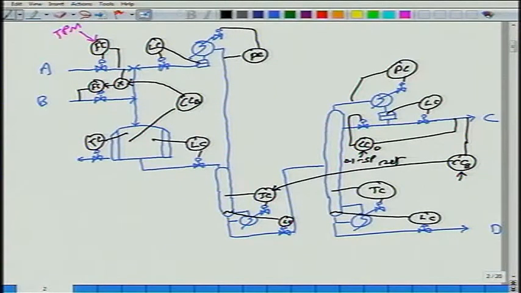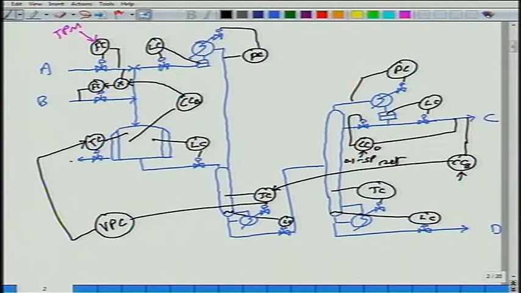Now, I ask you, how do I ensure that my boil up is at maximum? If I want to ensure that my boil up in the stripper is at maximum, how do I do that? Valve position controller, right, and this will adjust the, yeah. Now, I keep on increasing the throughput, instruction comes from above, maximize throughput, operate at as high a throughput, process as much as you can.